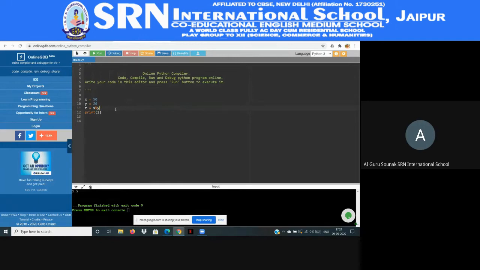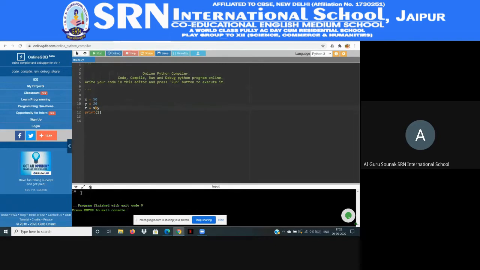In programming, this percentage symbol means to calculate the modulus, not the percentage. In mathematics, we use this symbol to calculate the percentage, but in programming language, we use it to calculate the modulus. Okay, now let's see what happened.